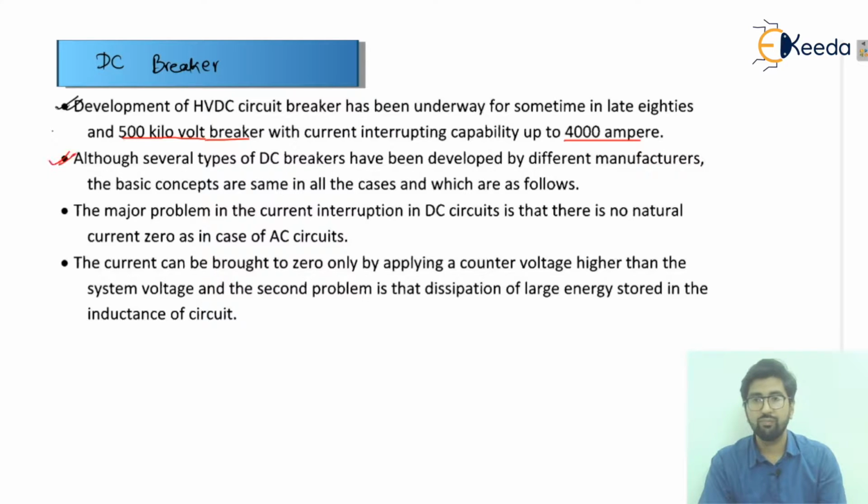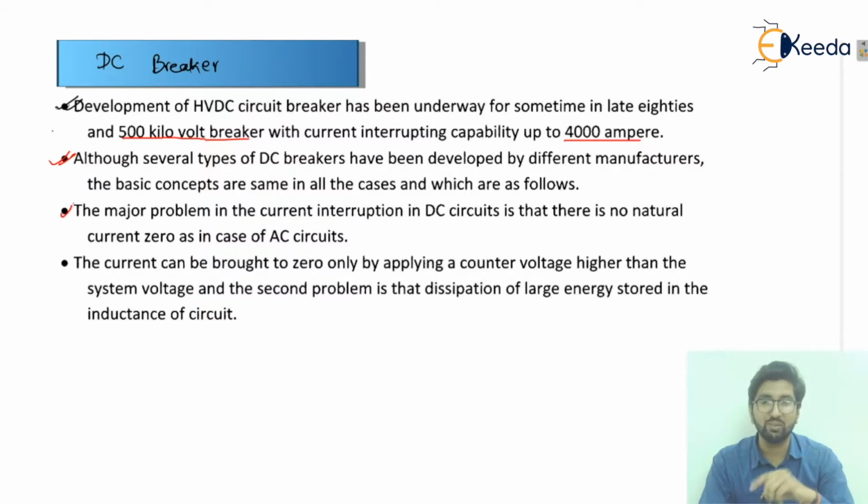Now, although several types of DC breakers have been developed by different manufacturers for HVDC transmission systems, there were some differences as per the manufacturing, but the basic concepts were the same in all the cases. Okay, so the first point: the major problem in the current interruption in the circuit breaker is that